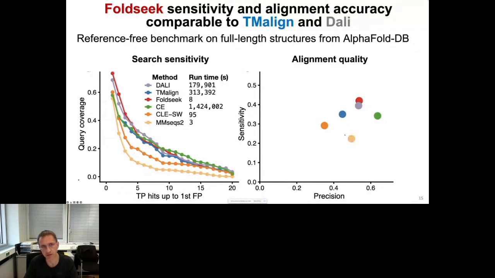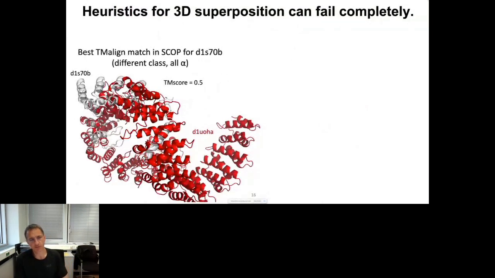And in terms of alignment quality, Foldseek actually achieves the highest sensitivity, so the most residues correctly aligned, and is only less precise than CE. Yeah, and another advantage of the Foldseek algorithm is that it basically doesn't make bad mistakes. So a bad mistake is made here by TMalign, and the reason these mistakes happen is that they use a lot of heuristics to make sure that they have a good chance of finding structurally superposable targets. And this is a bit of a game of luck.